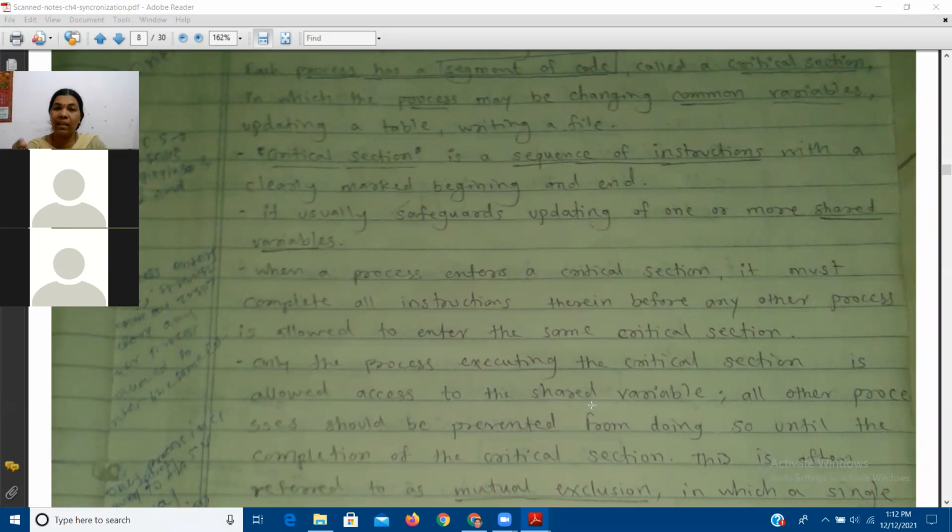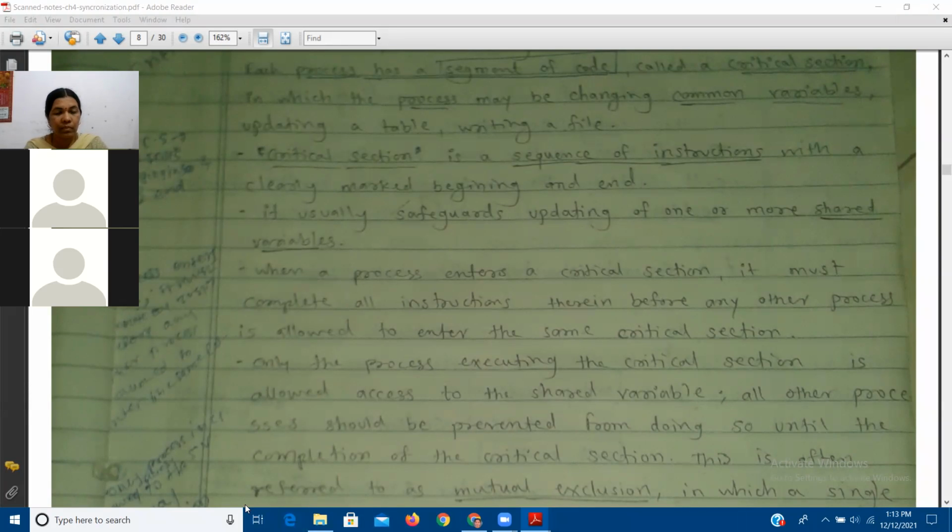Now C2 is trying to check the status every now and then, because C2 is waiting. At one point C2 understands that the resource is free, so it can use it, and it enters its critical section. Whenever C2 is in its critical section, if C3, a third customer, enters the system, the third customer has to wait. I hope you are understanding the concept. Right, students? Are you getting my point?